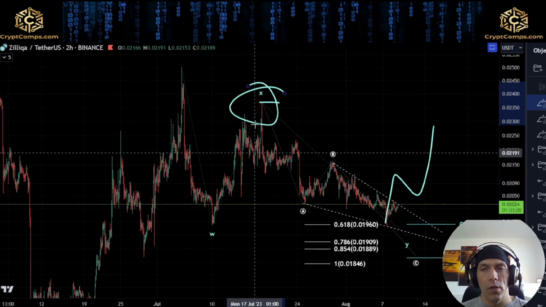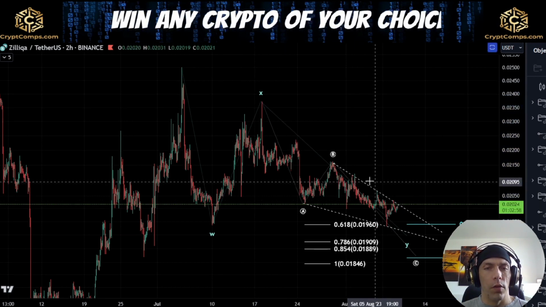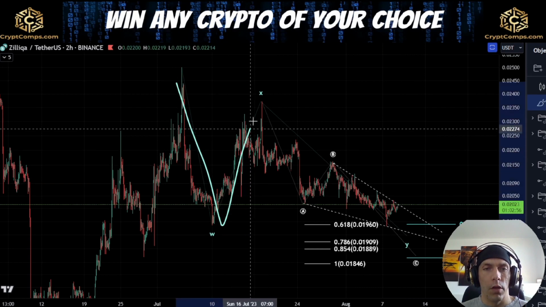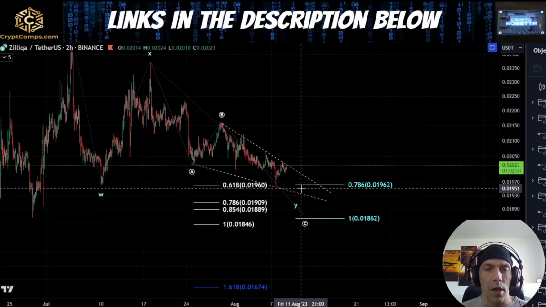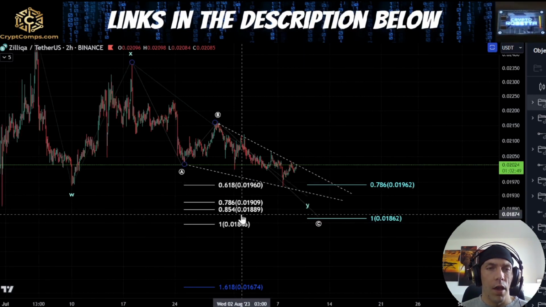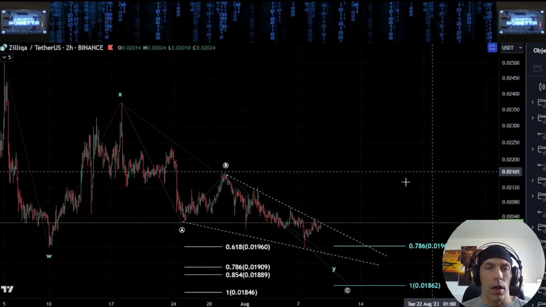So it's going to be very important that we get back above these highs within this count. Now, within this, what we're saying is that we're looking for this as WXY. The most common target area we're looking for is this 1-to-1. We have, however, hit this 786, and if we are looking at this in the other way, like I said,